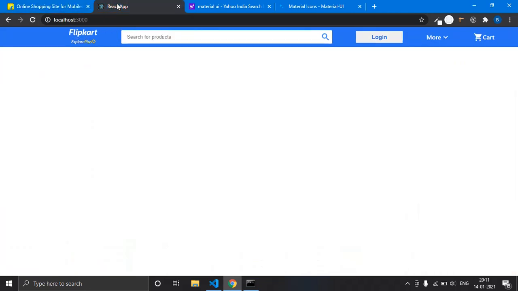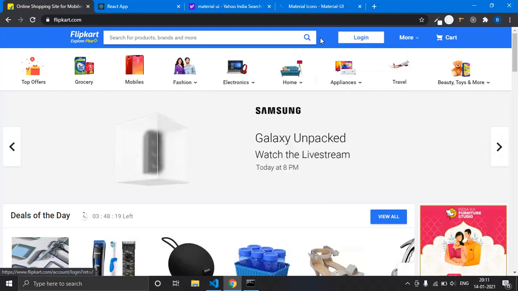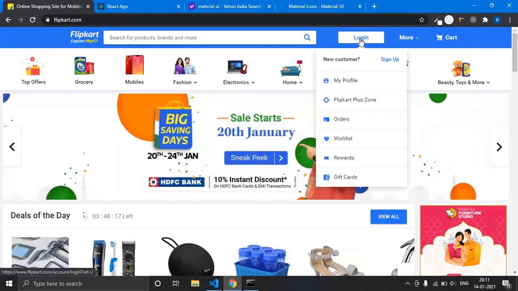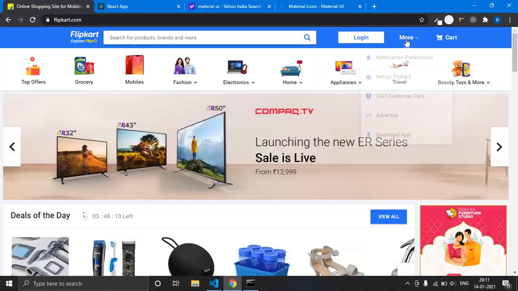So okay, that's it for this video, guys, and in the next video we will make this functionality, that is, as soon as you hover on this button, a tooltip is shown, right? And on more itself, so in the next video we will achieve this functionality.